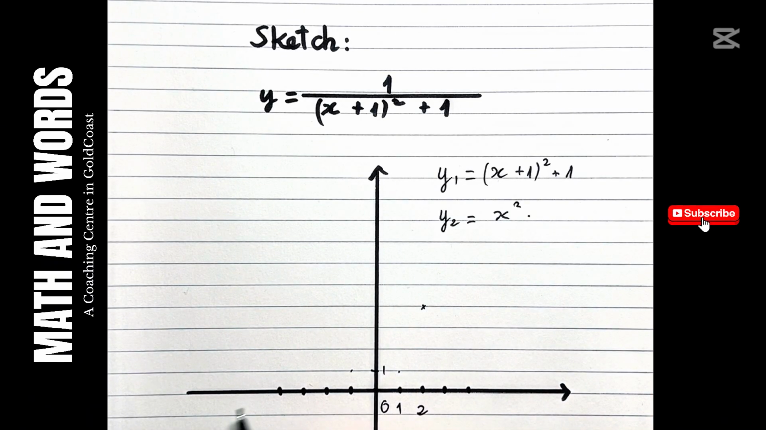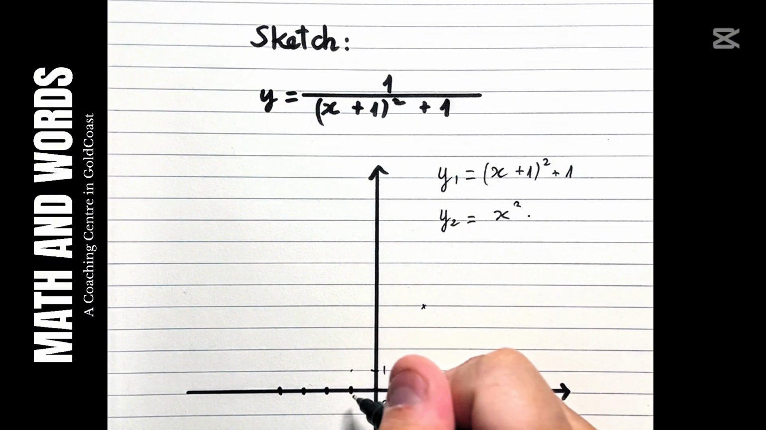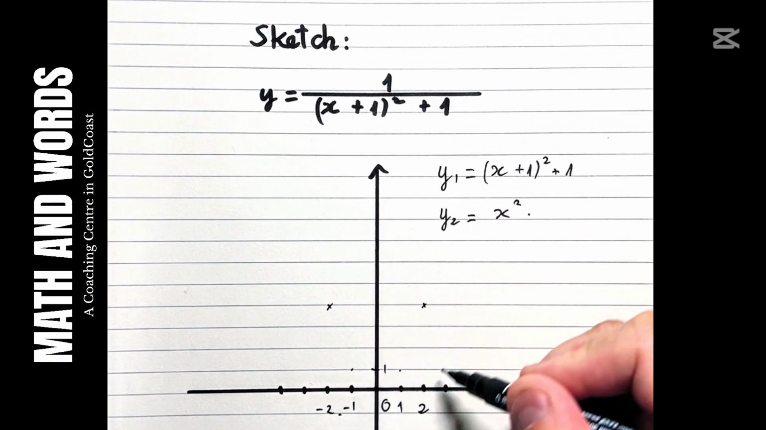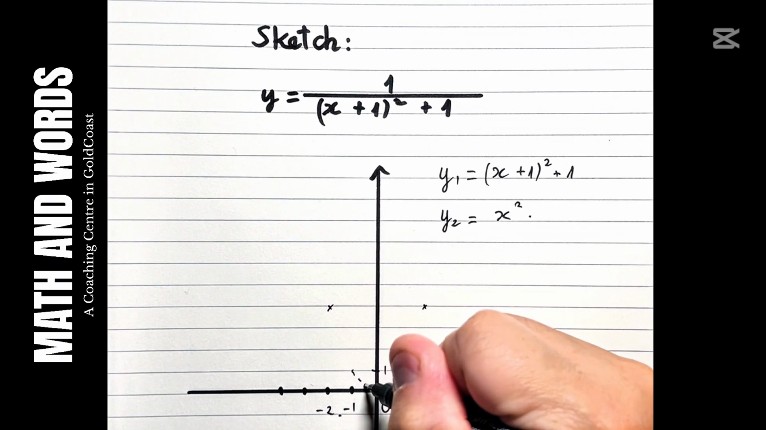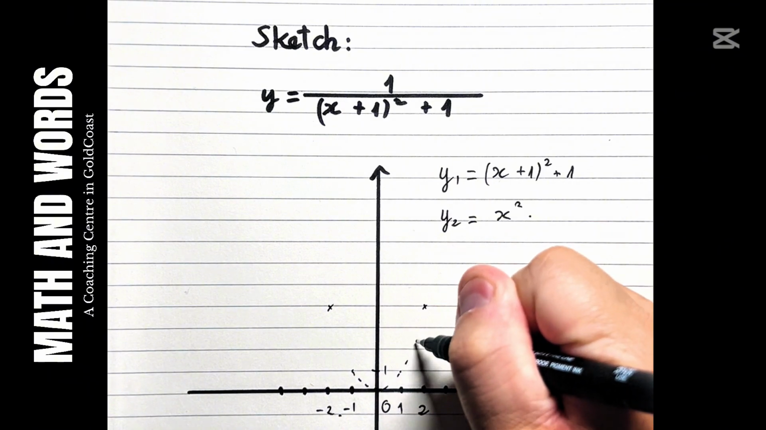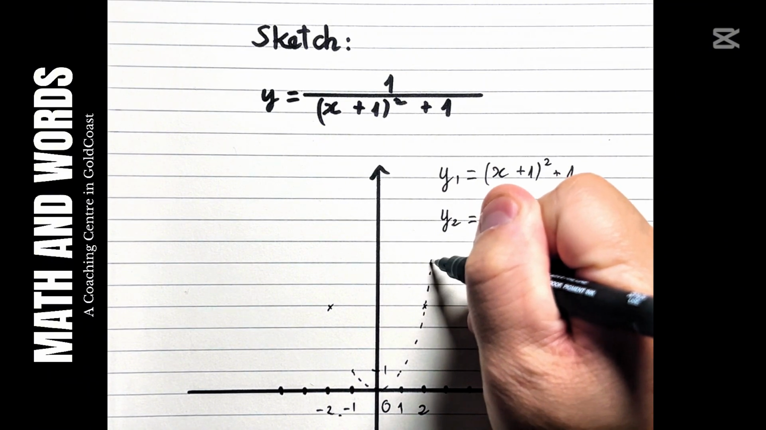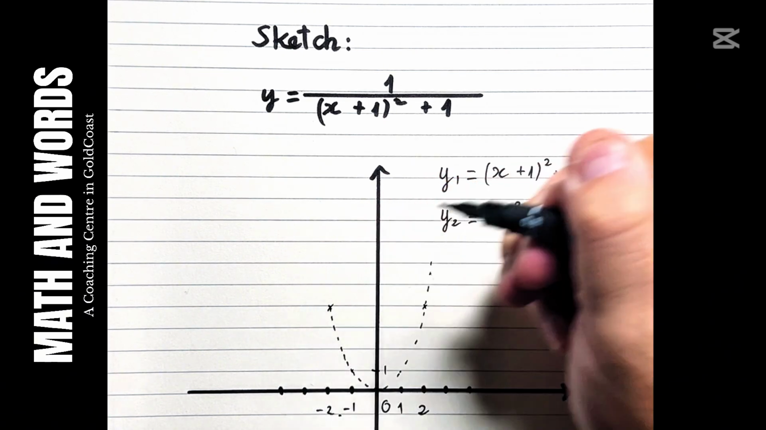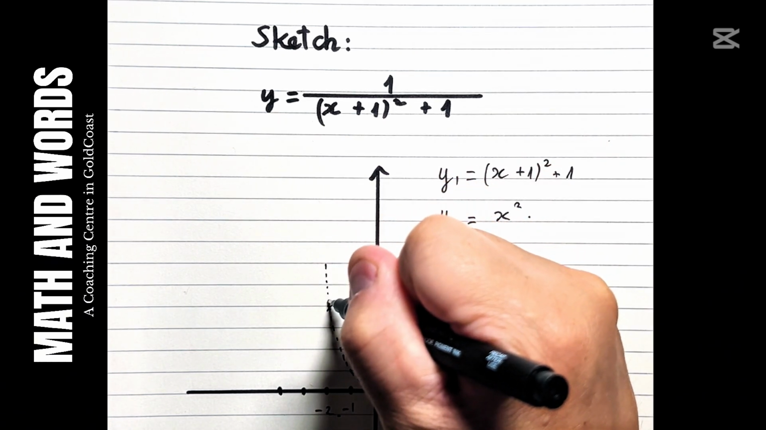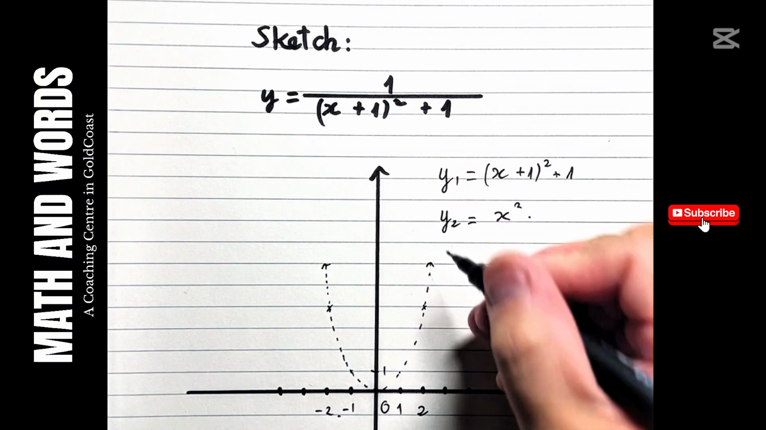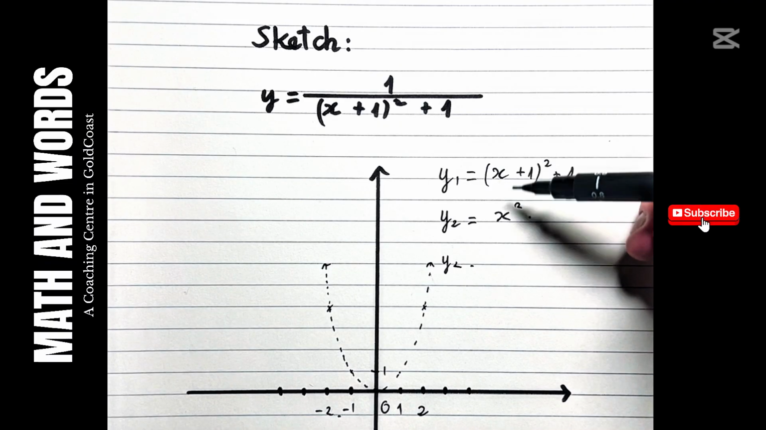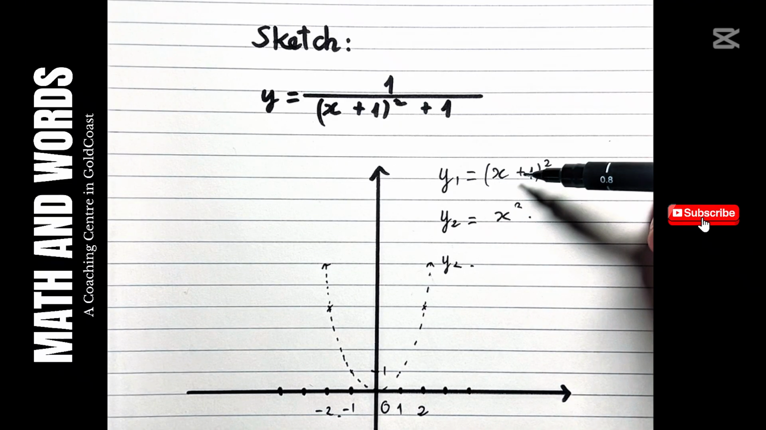And similarly, we do the same thing on the left hand side. If x equals negative 1, squared gives you 1. If x equals negative 2, squared gives you 4. And then you join everything together. That's how you get the parabola. Now, that is y2. Now to sketch y1, you're just going to shift the graph 1 unit to the left and